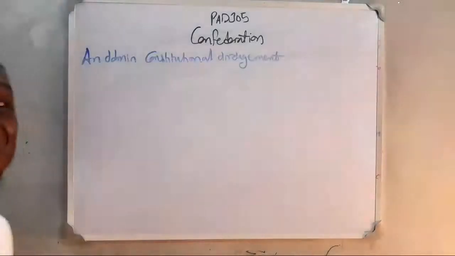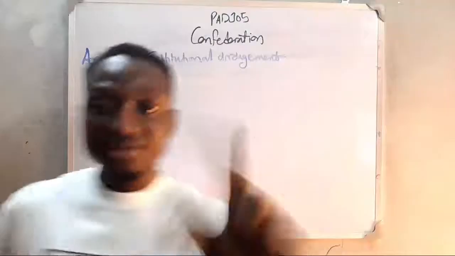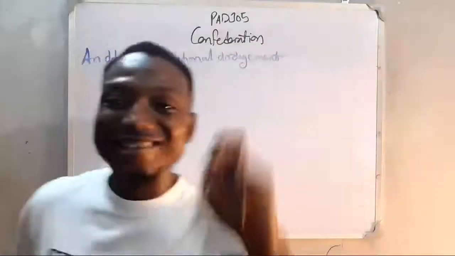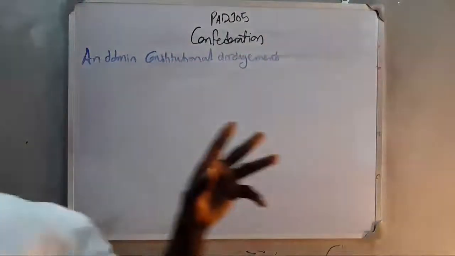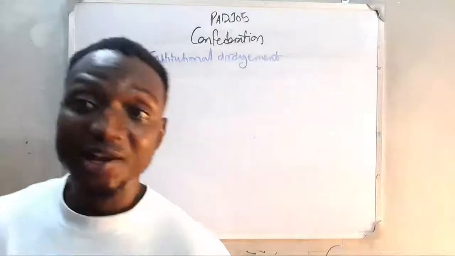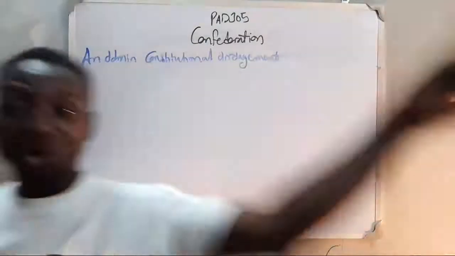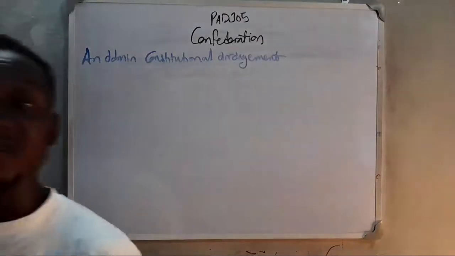This arrangement is, number one, administrative. Number two, it is guided. There's a constitution guiding these arrangements. And before you can have an arrangement, that means different parties have to give their consent, in which two or more sovereign states